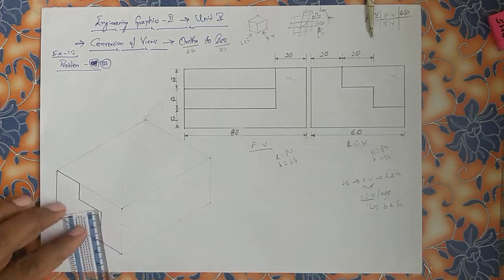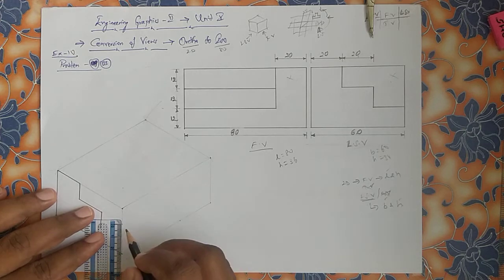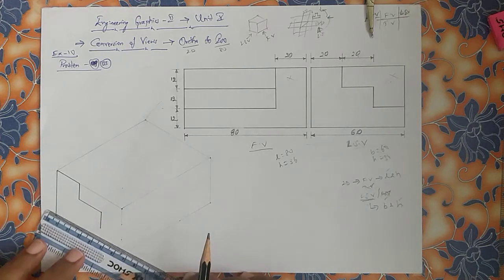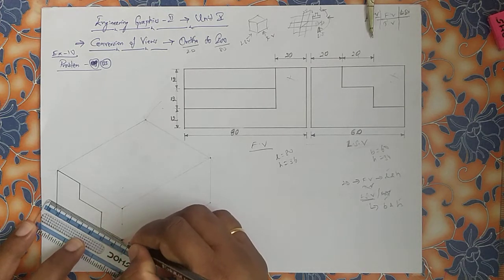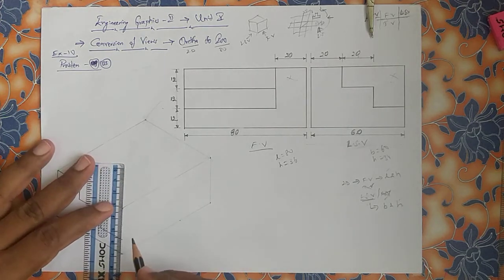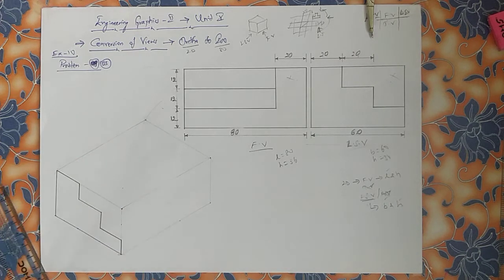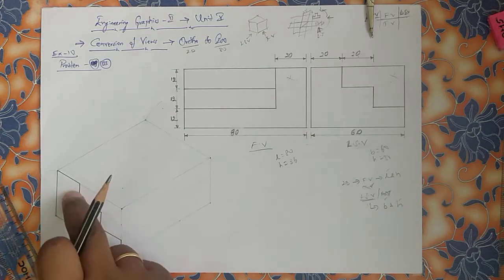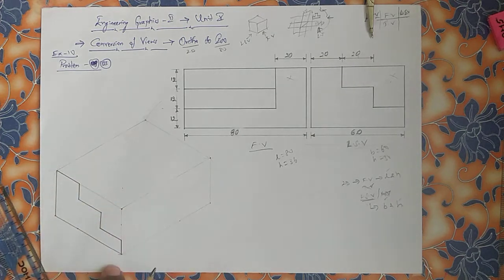Now if you are not confident enough, see 12 3 is a 36 we have taken. From here again 12 2 is 24 approximately. See, here we are supposed to use the drafter, but as we are not having drafter, we are taking just reference points. This is a one kind of different practice. Thick line. Try to draw light lines, box method and thick lines. See, if you observe steps 20, 20, 20, height 12, 12, 12.